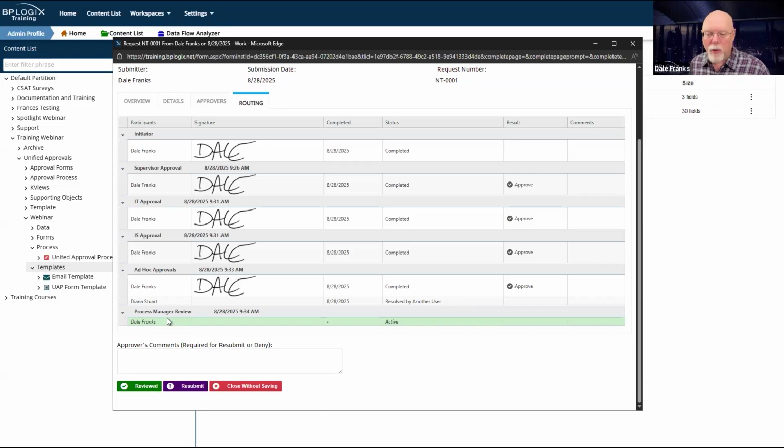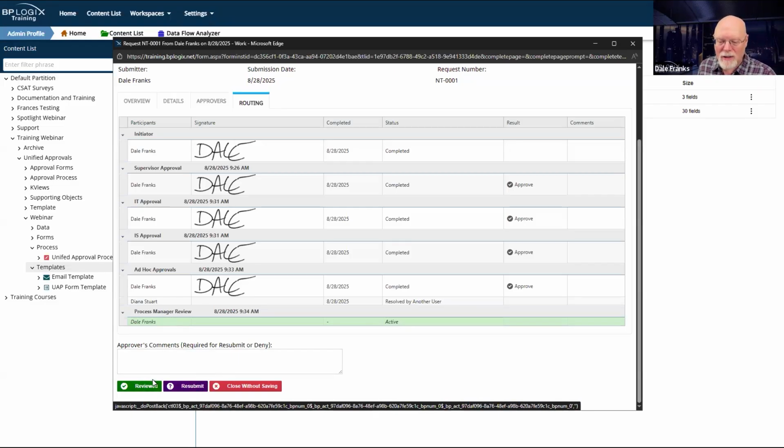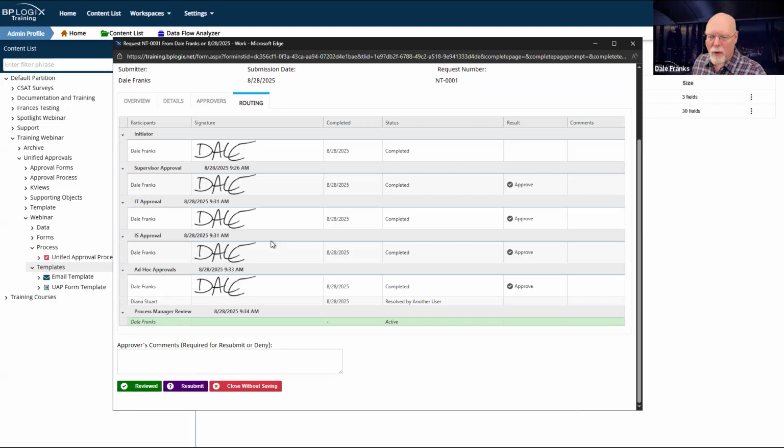I am now at the process manager review. Notice that the process manager has some different results for the first time. They don't really have an approval result. They just have to acknowledge that they have reviewed the request and it all looks fine to them. They do have a resubmit. What they do not have is the ability to deny the request.